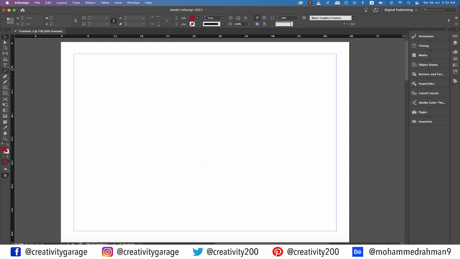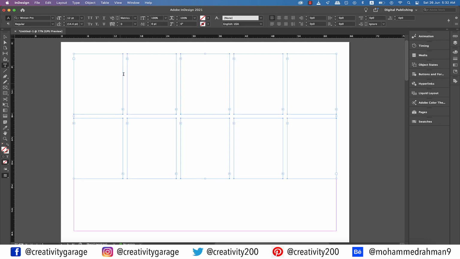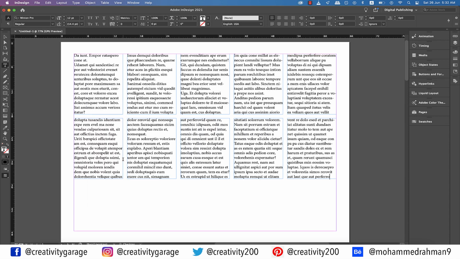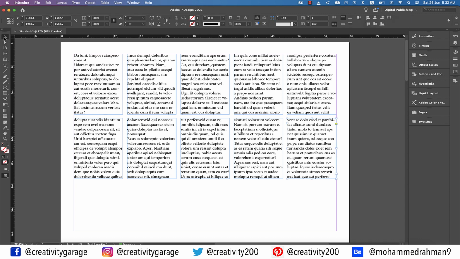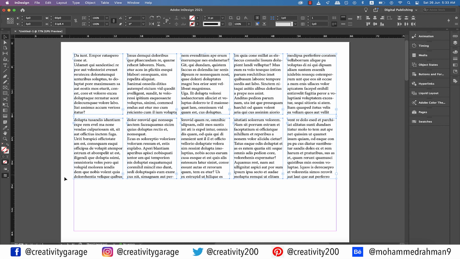Let's delete the lines now and pick the Type tool and make a large text box and hit the right arrow to split the text boxes into several pieces. Now split them further using the up arrow and then release the mouse key. You see, the best part about these different text boxes is that they are linked. So if I go to the first one here and click to Type, and then right click and select Fill with Placeholder Text, all the text boxes get filled altogether. Of course, if you want to use the gap tool with the text boxes along with the keys we discussed, it will all yield similar results as illustrated. Let's delete the text boxes as well.